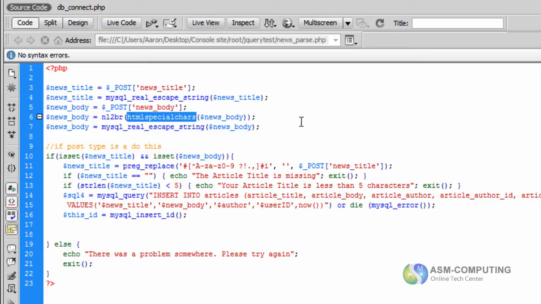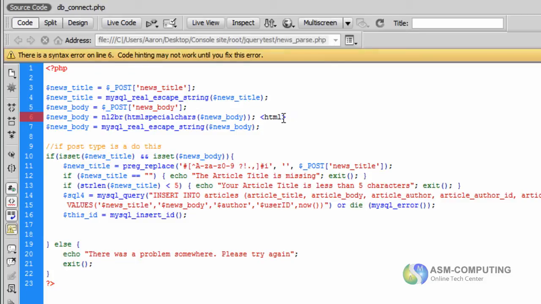So anywhere we have brackets in HTML, we take these brackets out and put in their equivalent special character, and whatever that equivalent is, is what's inserted into the database.